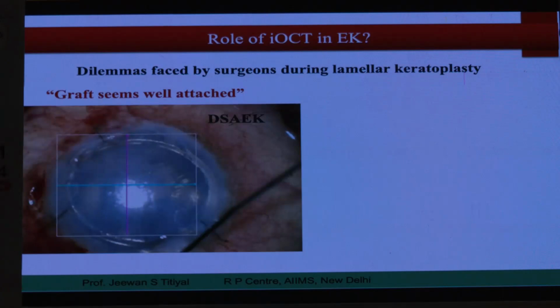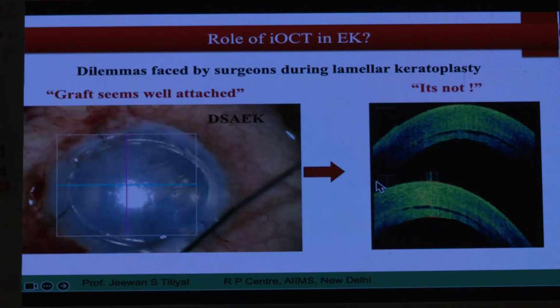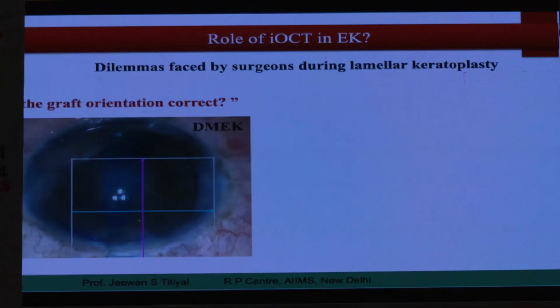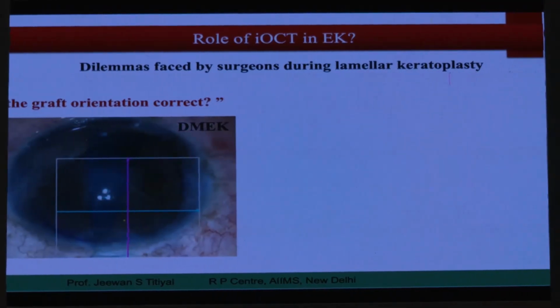This is after DSEK surgery has been done. You can see a very nice double ring sign, but I'm not sure if your graft is well attached or not. When we started doing DSEK, we used to put a lot of stromal punctures through which we could drain the fluid out, and wait 10-15 minutes thinking that the graft would have attached. You can see a very smooth area, a hazy cornea, but see the OCT picture of the same patient: interface fluid is there, a significant amount. So this tells you that you still have to do further manipulation to decrease this fluid. And this is a DMEK being done in this particular case.